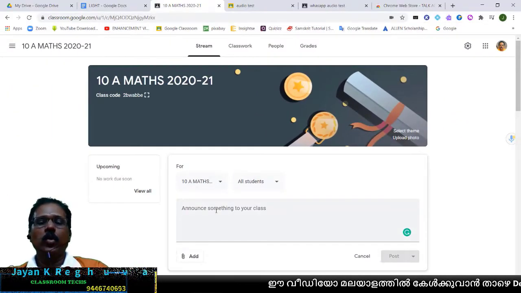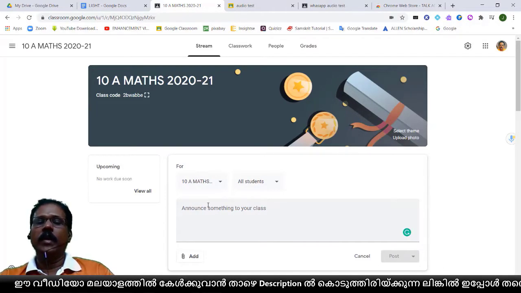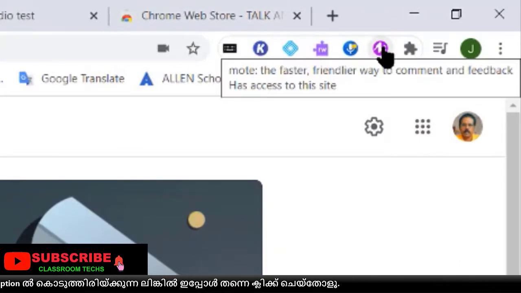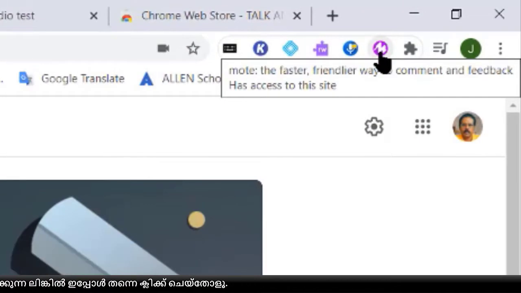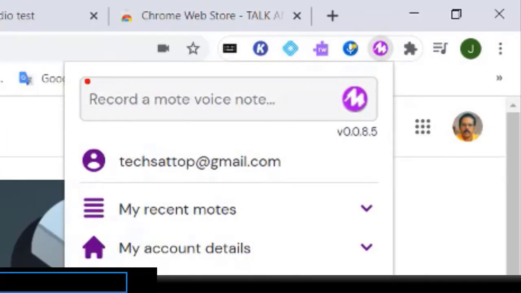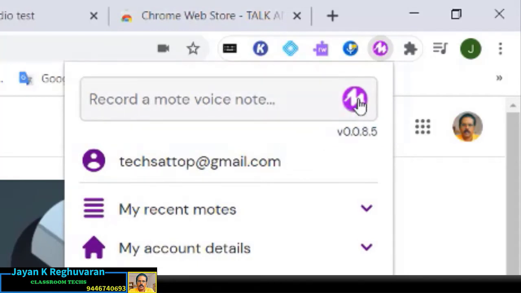Then how to send this message in this common area? For that, don't worry. Before you write whatever message you have to send, you simply click the icon. Then you can see one recording box just on top of this. This is that, and click here.